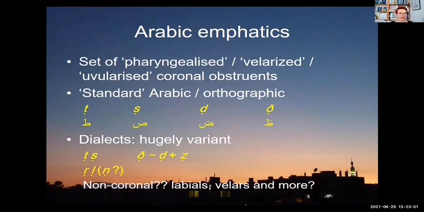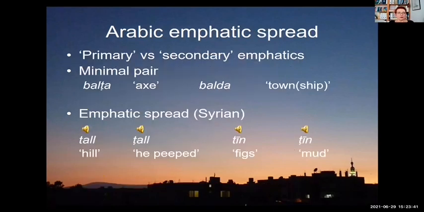This is typical in particular of dialects like Baghdadi Arabic, where the word for heart is galub, where you don't have the coronal emphatic, you don't have a ṭa, ṣa, or ẓa in it, but it's clearly backed, it clearly sounds emphatic, and people will think of it as being mufakham or backed, and it has that effect on the vowels too. So the questions that gives rise to are, what exactly is emphatic typologically, and what is the reason for emphatics varying so much even across Arabic dialects? The next point about Arabic emphatic consonants, and this is related to the case of Iraqi or Baghdadi Arabic that I just highlighted with the lexeme galub,